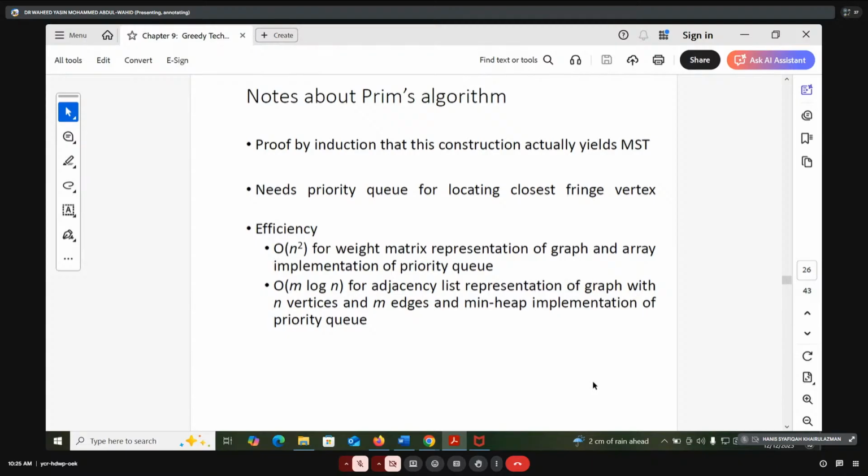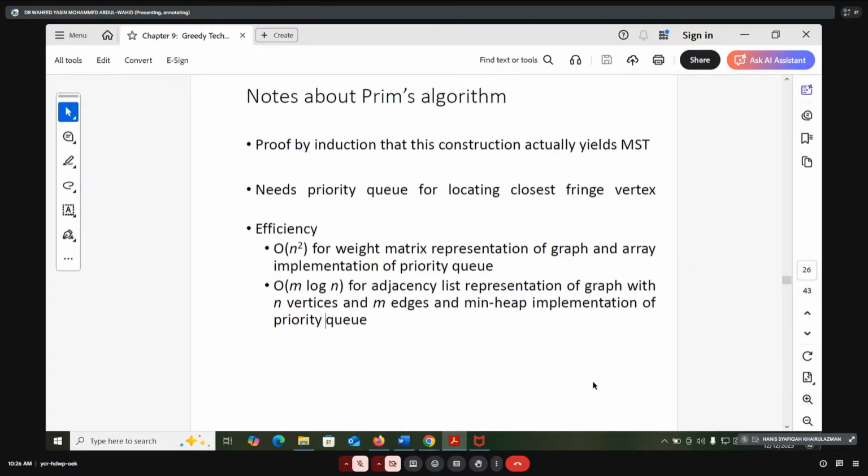So now, what about Prim's algorithm? Proof by induction that this construction actually yields a minimum spanning tree. It needs a priority queue for locating the closest fringe vertex. Efficiency is O(n^2) for weight matrix representation of the graph and array implementation of the priority queue. O(m log n) for adjacency list representation of the graph with n vertices and m edges and min heap implementation